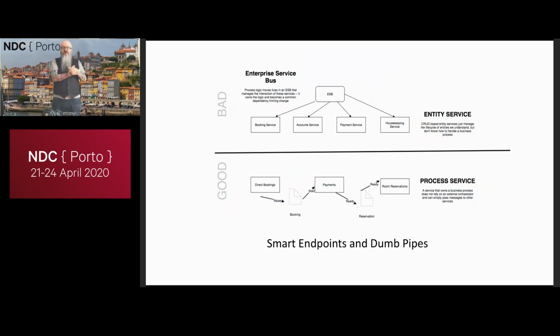And this is where the expression "smart endpoints and dumb pipes" comes from, which is referred to in Martin Fowler and James Lewis's ThoughtWorks article overview of microservices. It comes from the idea that the business logic is creeping away into the enterprise service bus. And really, it's an expression of this same idea. We don't want CRUD-based entity services. We want services that are based around processes. We want that flow through.